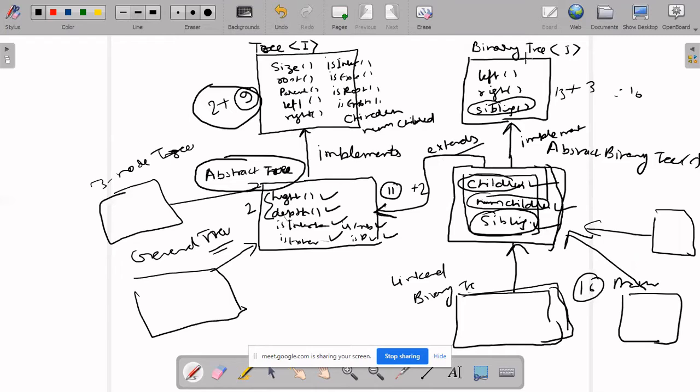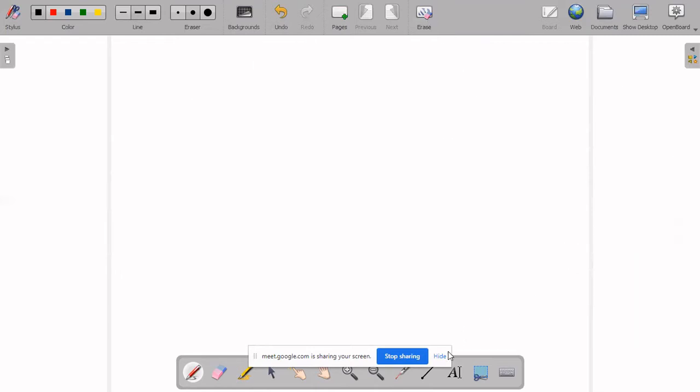Let me go again. Now is it okay? Let me give you a very simple example. You have three types of tree: one is binary tree, one is binary search tree, one is heap.